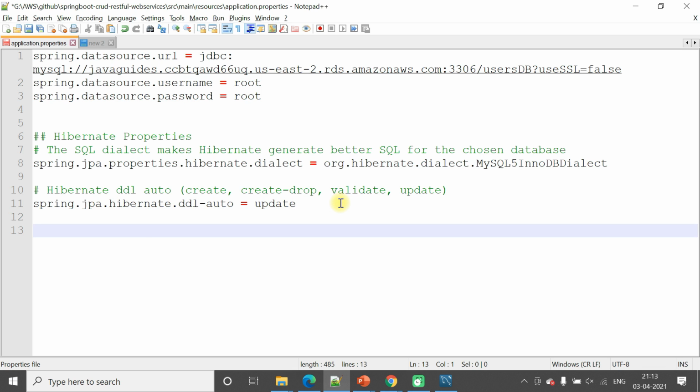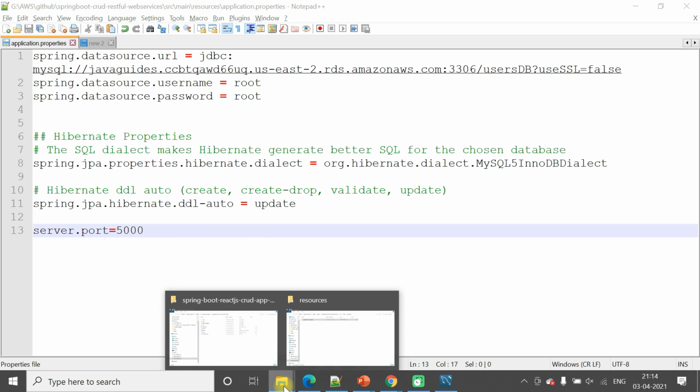So let's go ahead and change the port number here, server.port. This is the property to change the default port. So let's give the port number as 5000. Okay, now go to the file system,